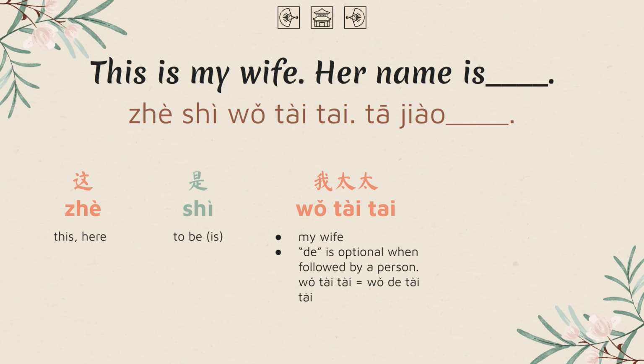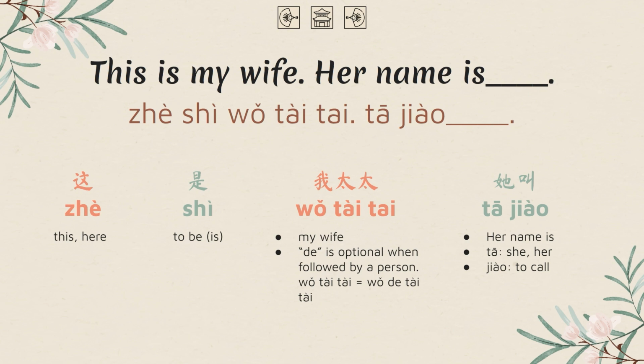If you remember our lesson on self-introduction, you remember how to introduce yourself, which is 我叫, my name is. So to say her name is, you just swap out 我 for 她。她叫。Literally, she calls, but it means her name is. 她叫。这是我太太. This is my wife. 她叫 blank. Her name is. How would you say, this is my older sister. Her name is. 这是我姐姐。她叫。